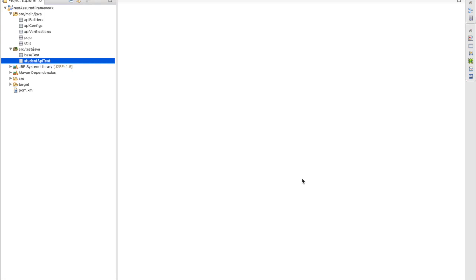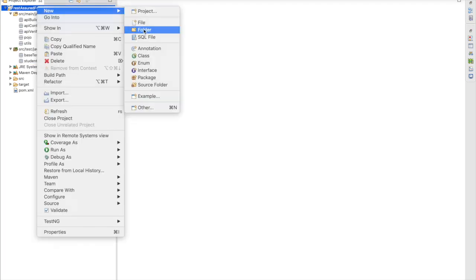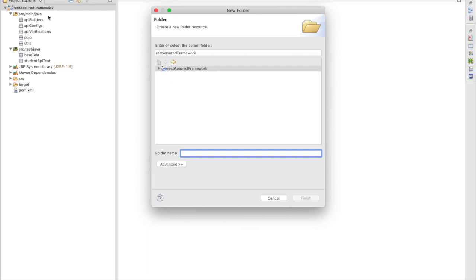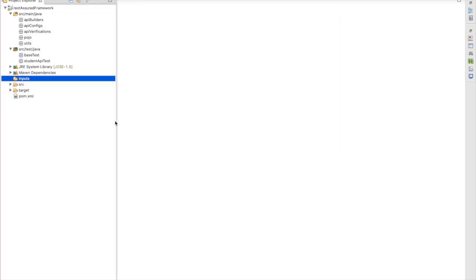Now we should have some input. Let's say we are consuming data from an input file or other property file or JSON file. So I have to create one folder for the input. This will be my plain folder. It will not be like src dot main Java or src dot test Java. It will be my plain folder. I will give it the name inputs. This is the place where I'll keep all my JSON data, input files, test data and everything. I'll keep it here inside this input folder.